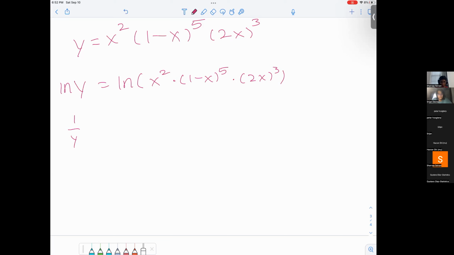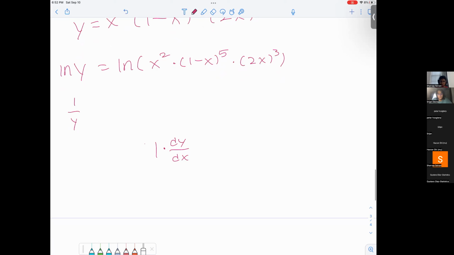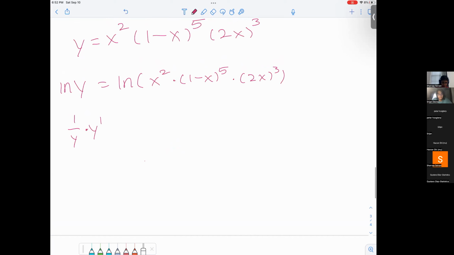When you take the derivative of y, you get 1, but you have to multiply times dy dx. And so we'll get into something known as implicit differentiation in a moment, but let's just continue with this example. So you get 1 over y times y prime, or we can write it as dy dx, I guess,